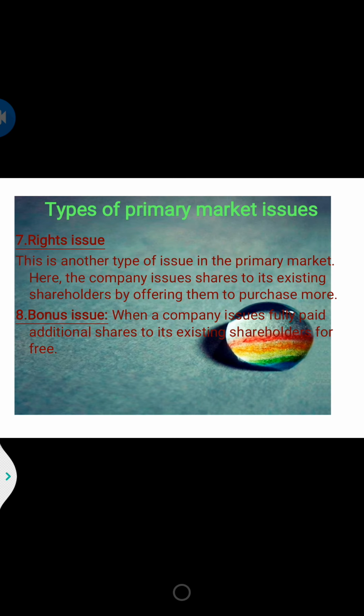The next comes bonus shares. What do you mean by bonus shares? Under this method, accumulated profits and reserves are converted into the share capital of the company. Bonus shares are issued as fully paid shares. Shareholders receive bonus shares instead of receiving the bonus in the form of cash. It is only a book entry in which the reserves are reduced and the share capital is increased.